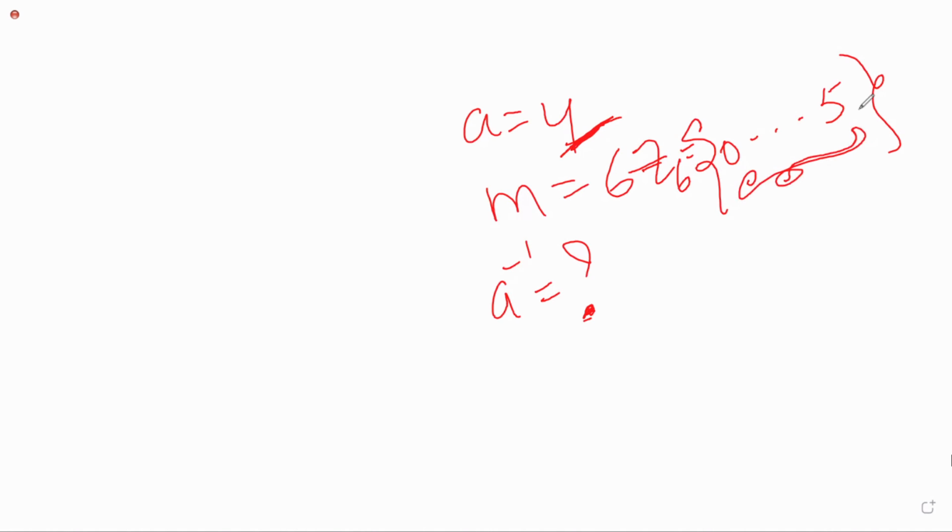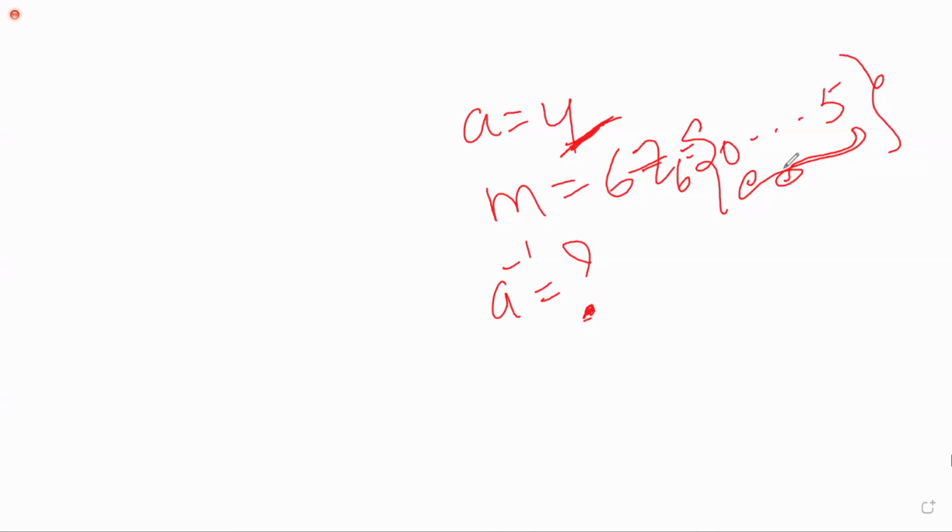Every number may or may not have a multiplicative inverse. If it exists, it will be there in that set. So it is not 1 by 4, we will not get fractions. Whatever method I have explained, do you want me to explain again? All of you submit your answer.